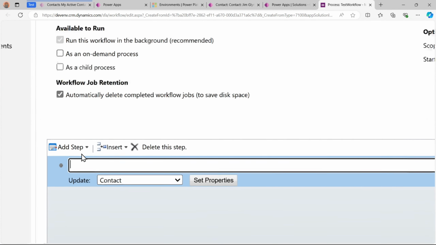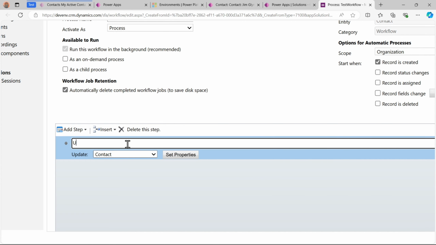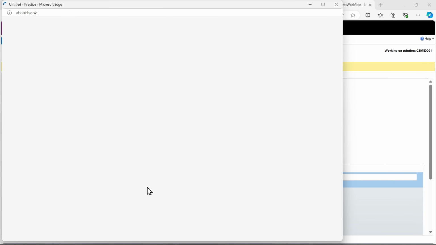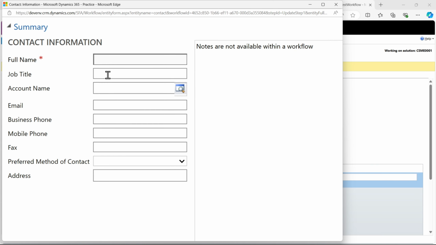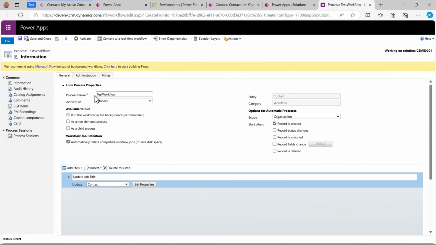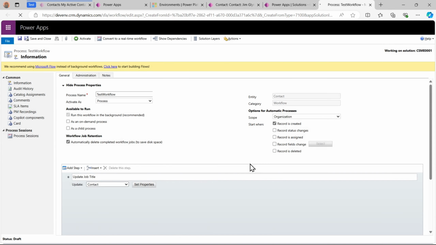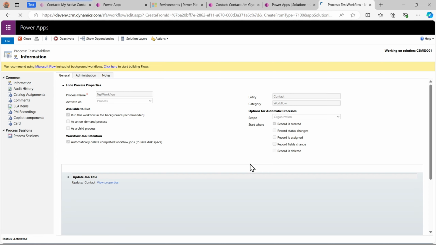Here I have added the step update, and let's give one title, that is update the job title, and let's set the properties of contact entity. Here I will update the job title. Basically I will give updated from the test workflow. Okay, now click on save and close and activate. Once it is activated,